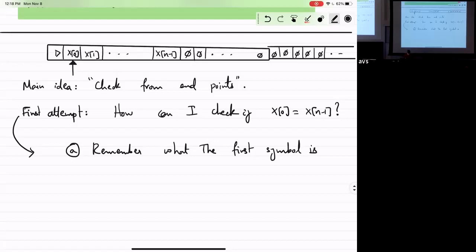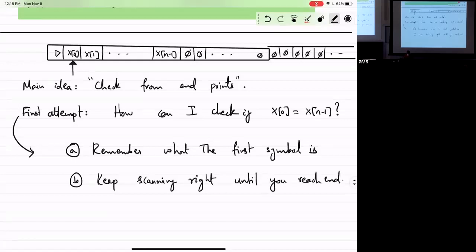And then keep scanning right until you reach the end. So how can I remember what symbol I saw in the first bit? We have a state for it. That's really the only kind of memory we can keep long term.